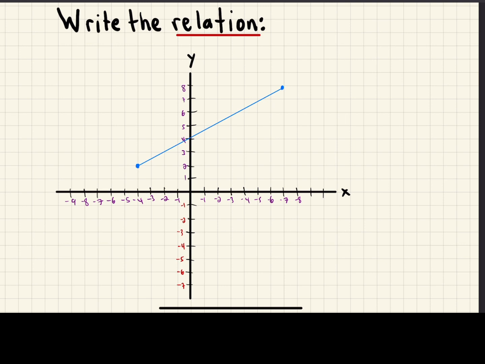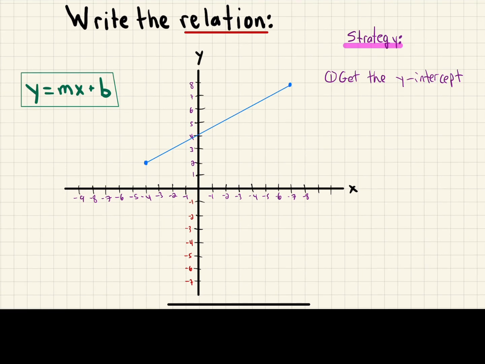So we're going to write the relation for this function that we see graphed over here. And you can do this in a couple of ways, but we're going to show you one of the strategies in order to complete a question like this. Now, before we go to the strategy, our strategy really is dependent on the linear function formula, which is